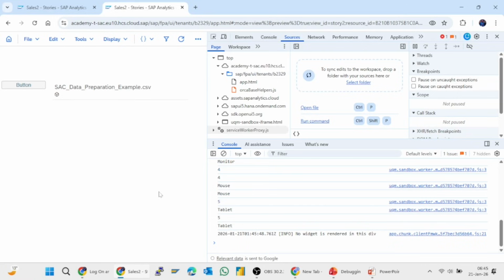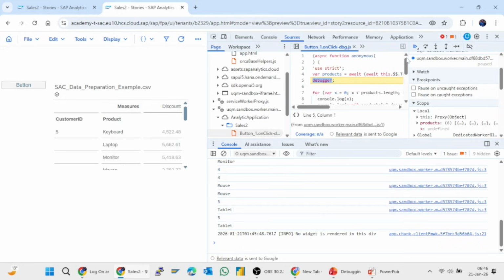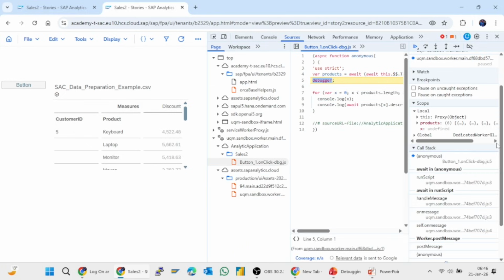If we use this parameter, our script will pause on the debugger statement, otherwise not. So I press enter, and then I will click again on the button, so then our script will execute. Here it is. Now our script has been executed, and the script is paused on the debugger statement at line number 5 of our